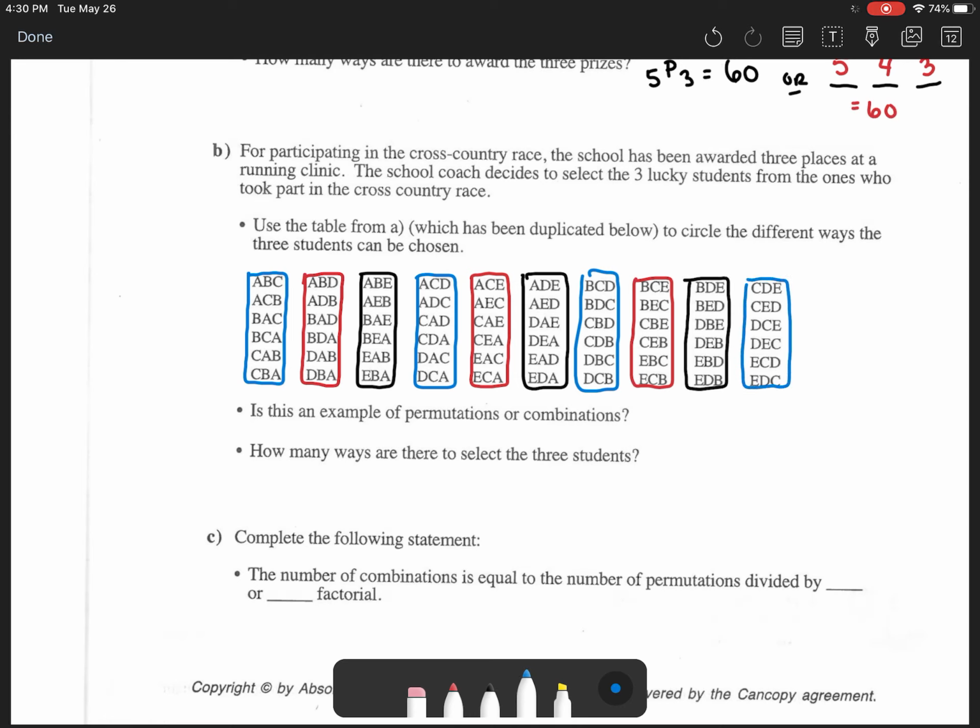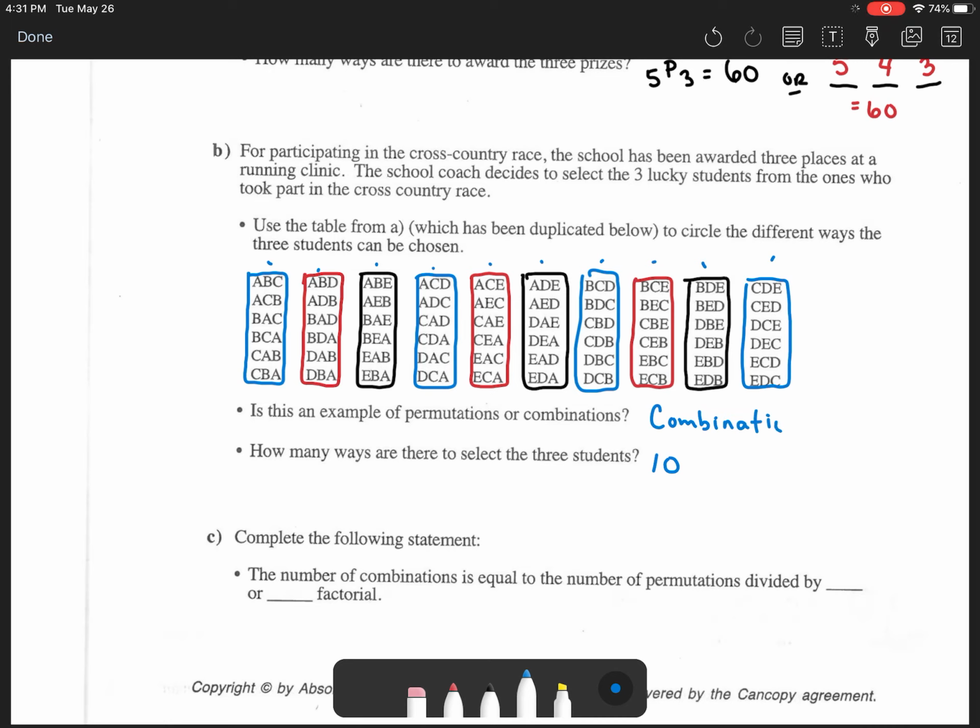Okay, and we'll count them up here. And then last one, here we go. Okay, so how many in total? Well, 1, 2, 3, 4, 5, 6, 7, 8, 9. There are only 10. Okay, there are only 10 ways that those students can be selected to go to the